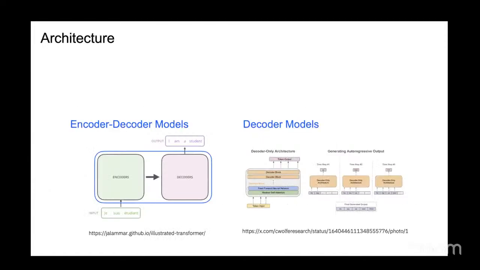There were multiple ways to design the model, which we have now converged into one way. I won't go into it, but these are the two popular ways. One is the encoder-decoder model, and the other is the decoder-only model. The encoder-decoder model is mostly used for translation, and decoder-only models were used for other applications. But now everything has converged to a decoder-only model, what is called GPT.